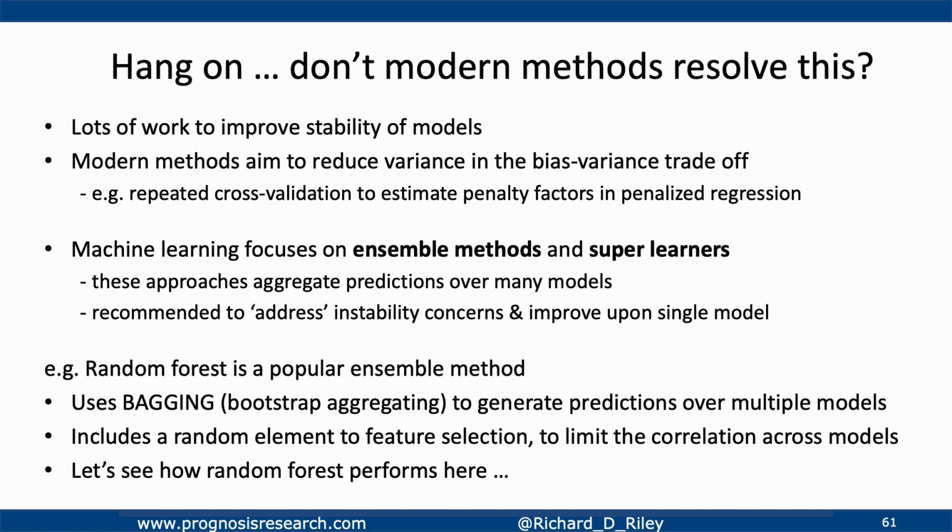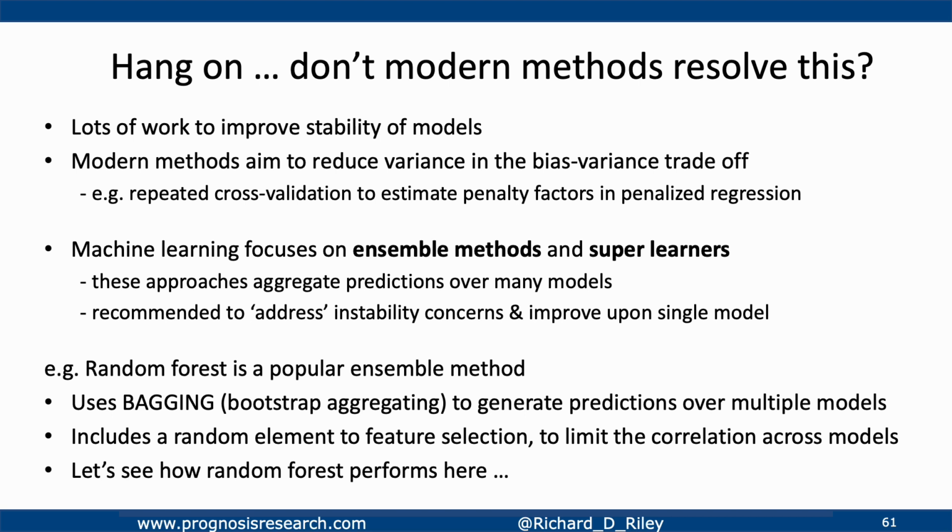An argument that's often put back to me in this situation is, well, the reason why you're seeing this is because you're using outdated methods, logistic regression, the lasso, things like that. We've moved on from that because we have machine learning methods, like ensemble methods and superlearners, which generate multiple models and aggregate over them and in some sense replicate that bootstrap process. But this isn't true. If you've got small sample sizes, it doesn't matter how fancy your modelling technique is. If you're using the data at hand and not using, say, a Bayesian approach, bringing in extra information through strong priors, then you're going to have instability.